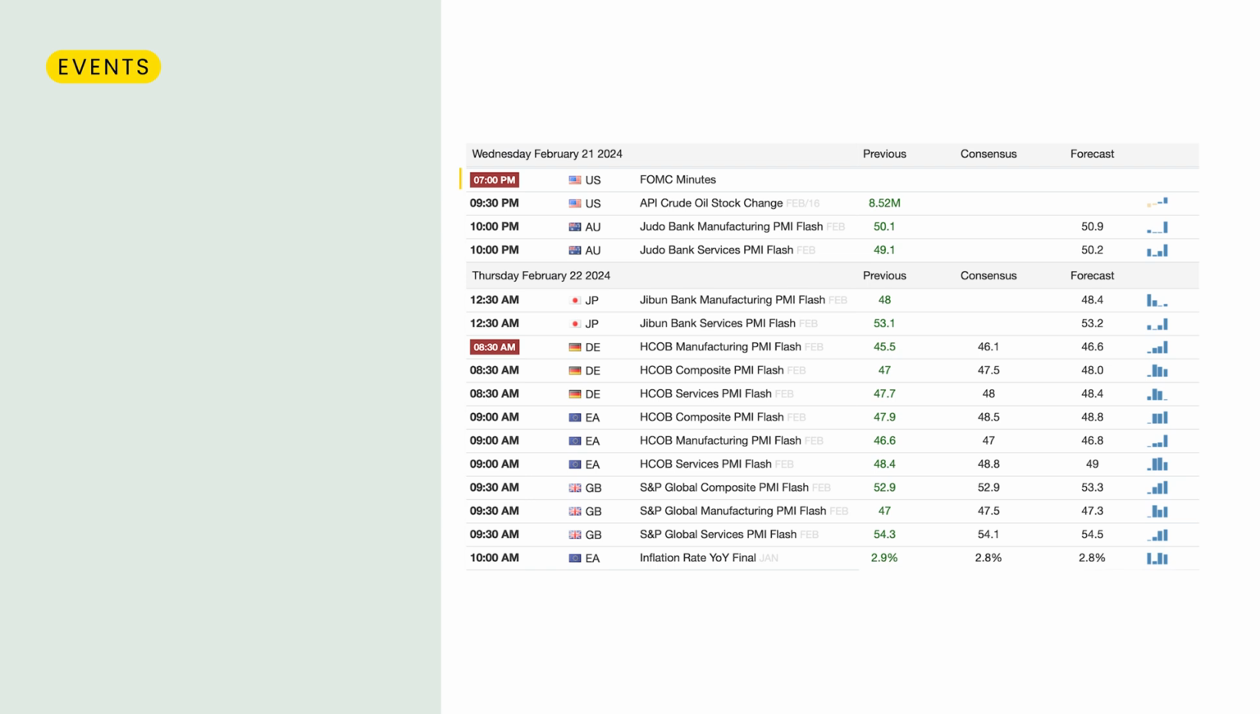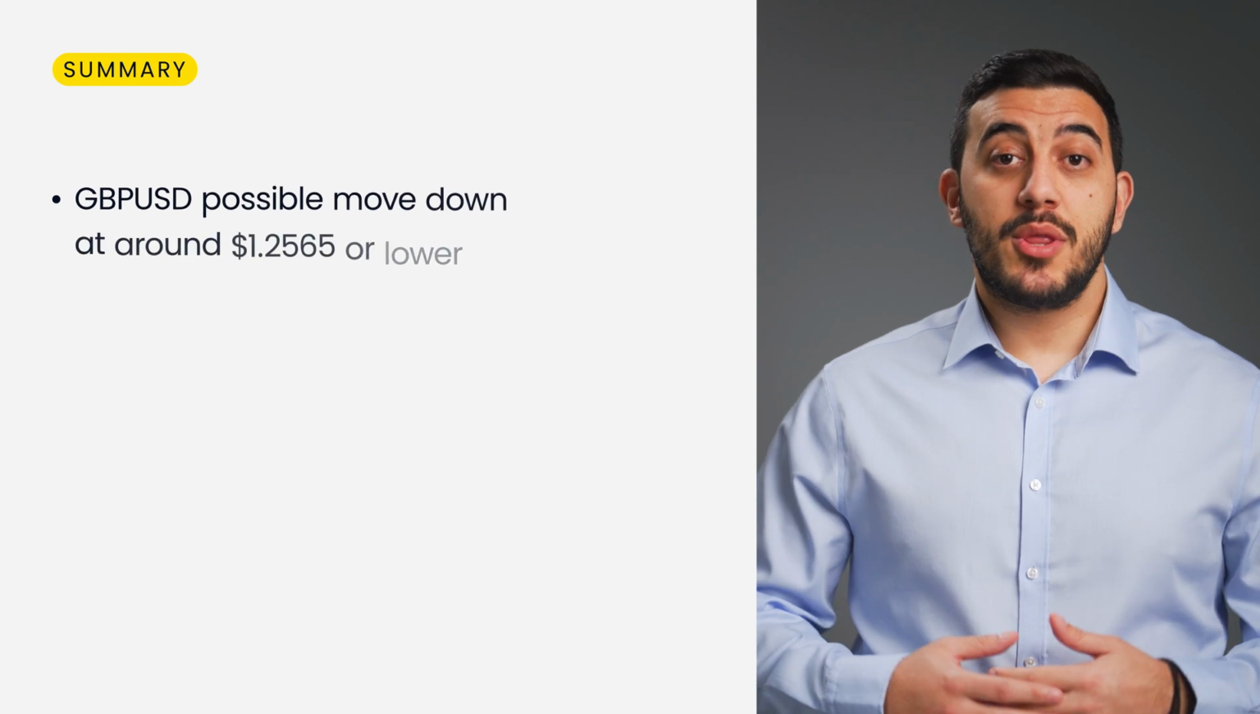In terms of economic data for this week, traders will be paying attention mainly to the FOMC minutes on Wednesday, services and manufacturing flash publications from the UK on Thursday, as well as the European inflation rate the same day. So in summary, the trading idea for this week is a sell on the pound-dollar pair with a potential